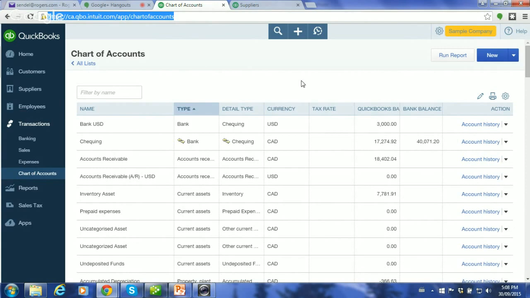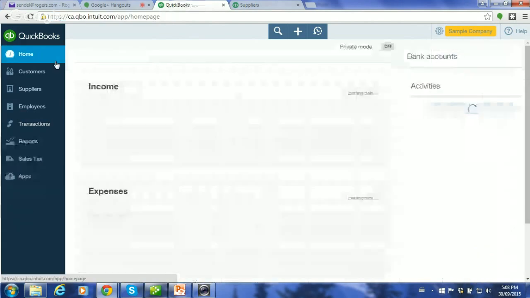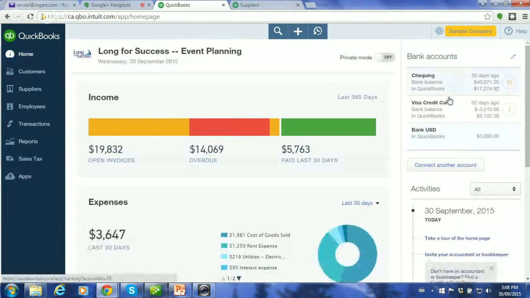Okay, so let's take a look at our home, and of course, in this sample books, we've set up checking and Visa card. Now we know they're automatically connected, but not this bank account, because there's no bubble and there's no number in the bubble. So if we've got no round circle beside it, it's not automatically linked. We're not getting the automatic download in.